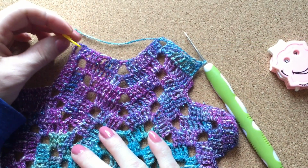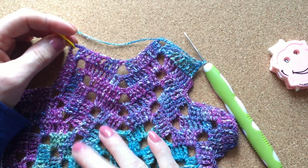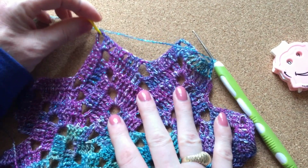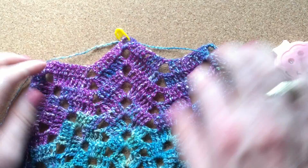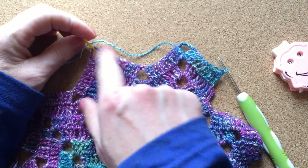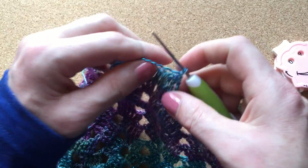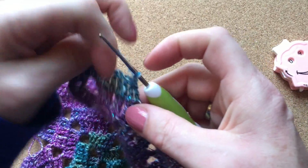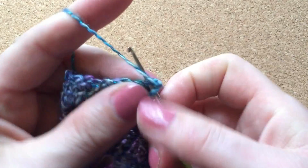Now we make the last 2 rows of the petals, so I place the marker right in the middle of the 3 groups that we made last time. This will be the last corner of our leaf. And now I will slip stitch again to the marker. Slip stitch into all of the